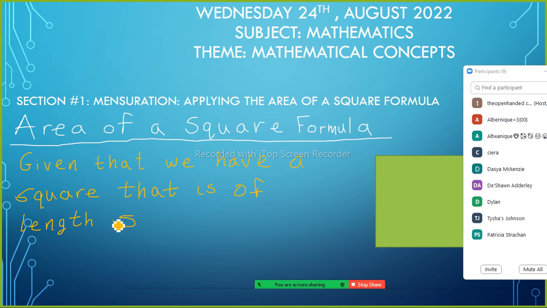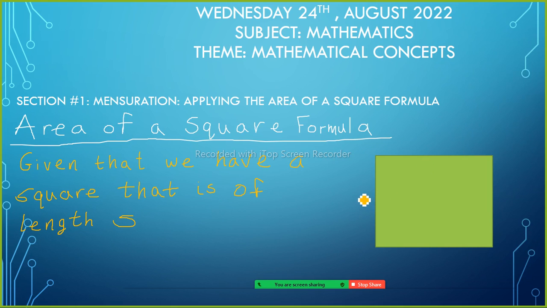So let's say that the length of one side of this square, let's say that the length of it is s. Okay, so let's say the length of this side is s. So given that we have a square that is of length s,